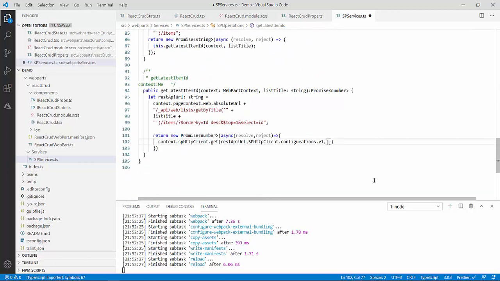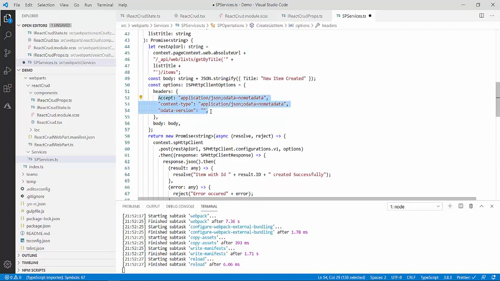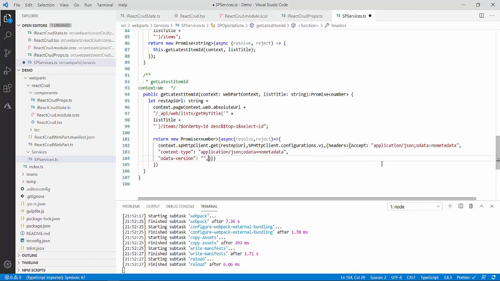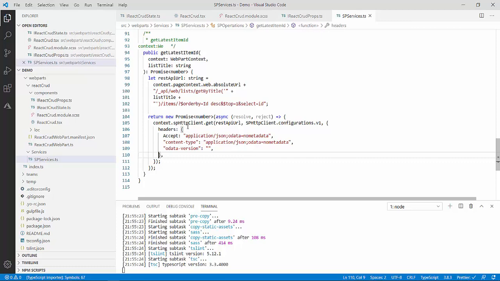Over here I will declare inside this method only. So first thing I have to do, I will declare my headers. I will copy my headers from the top because I don't want to type again and again. So these are my headers, that's it. So headers are done. Apart from that there is nothing to provide because we do not need to provide any body. Now I think my REST call is ready. Over here my get is getting finished, so it will give me the latest item ID.